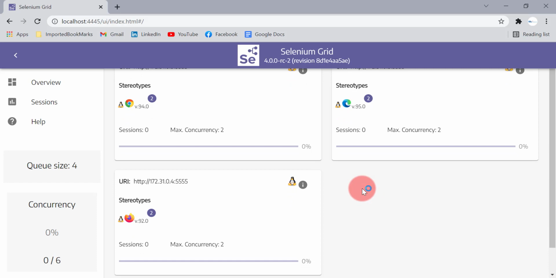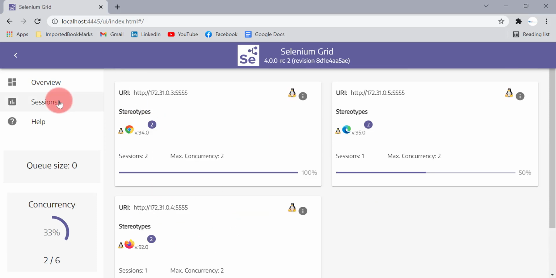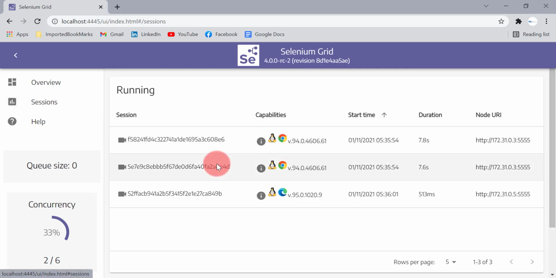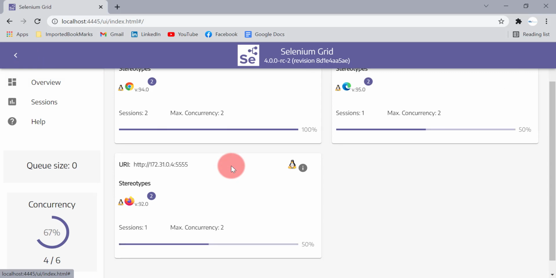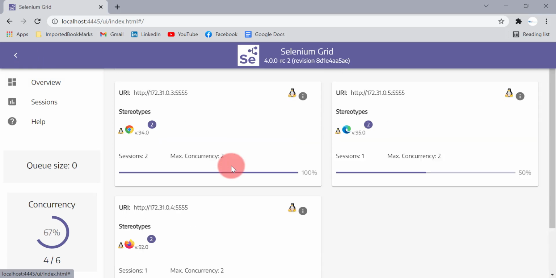This time it should start all 4 test cases, because 2 sessions can be started on Chrome, one is running on Firefox and one on Edge. So this is how you can use the Selenium Grid concept to run your test cases in parallel on different browsers at the same time. That will help you reduce your test case execution time.